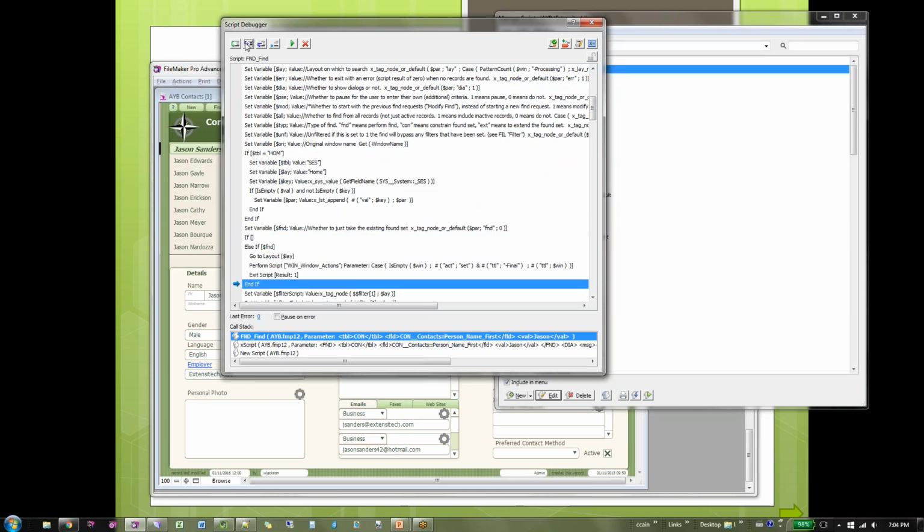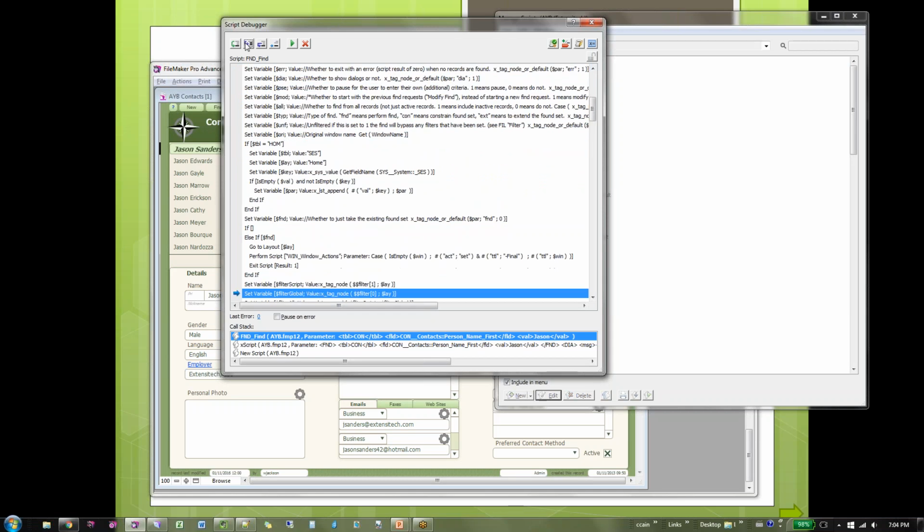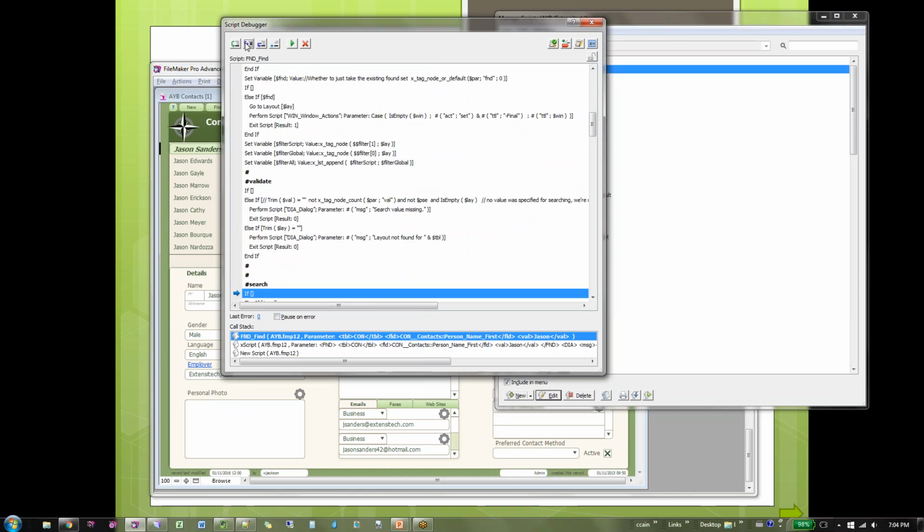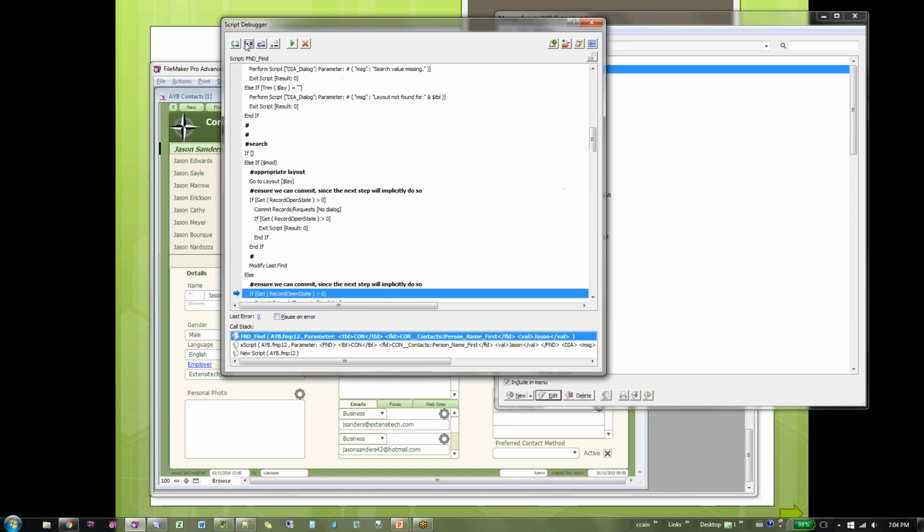It's actually defaulting the layout based on the table, right? Because I didn't specify what layout, but I did specify I wanted it in the contacts table, so it's saying what's the main layout for contacts because he didn't specify, right? But I mean this will handle a lot.